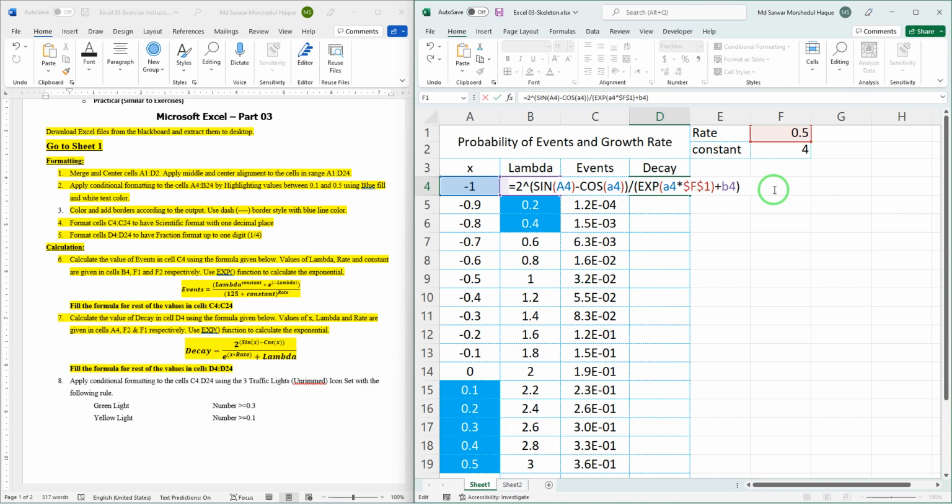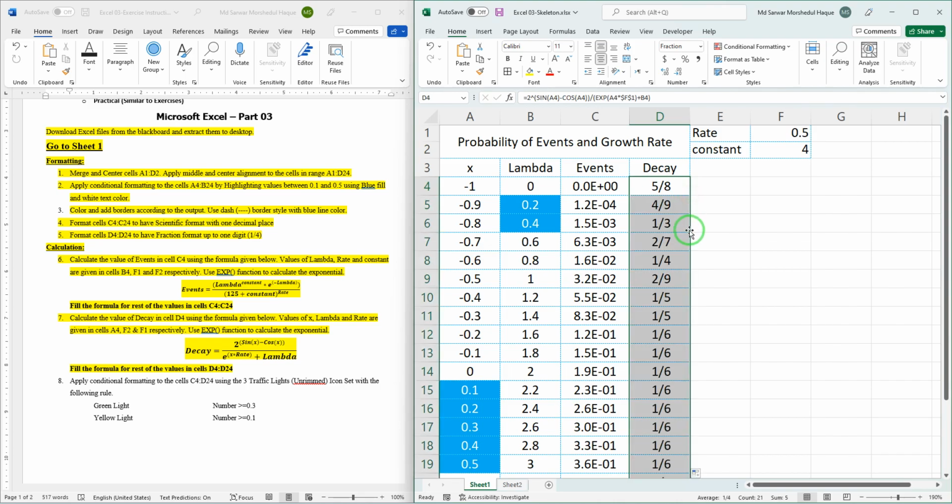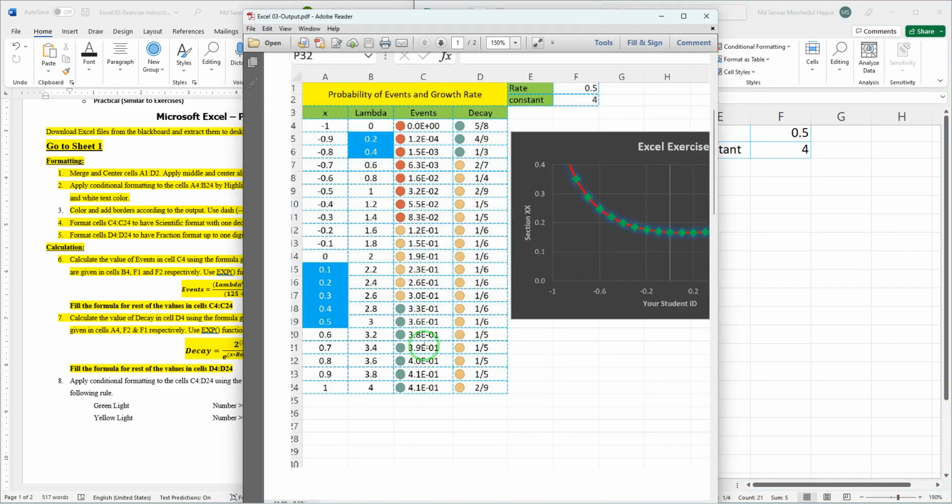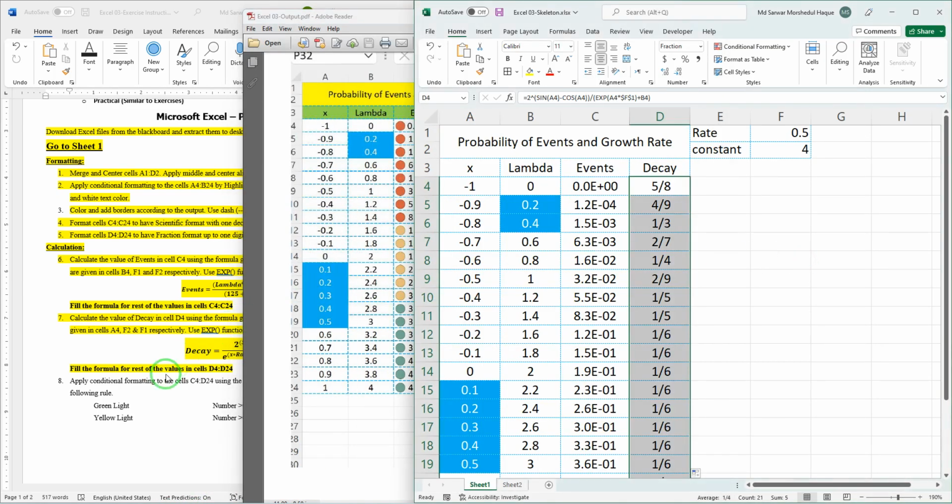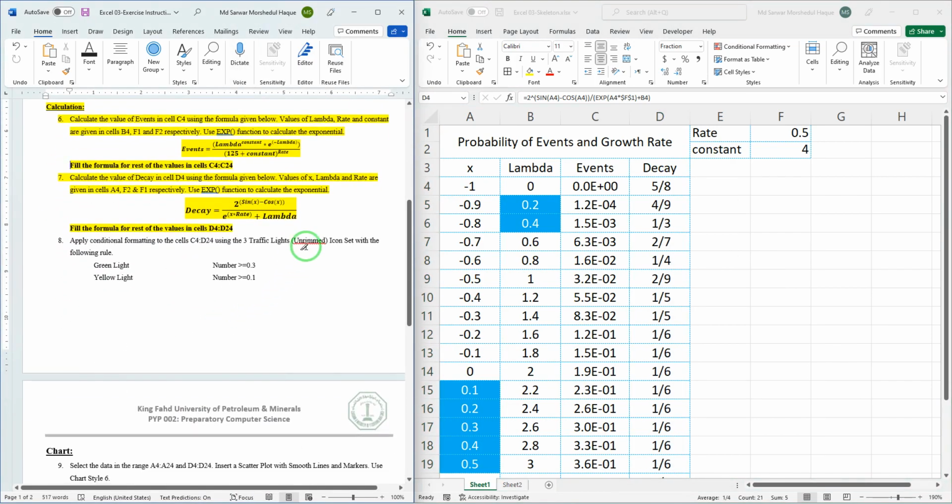that's all. So this is the denominator, we can click enter. So we got 5 by 8. Now we can copy the formula for the other cells, and last one is 2 divided by 9. So let us see our result. Our result is correct. Okay, now question number 8 is apply conditional formatting to the cell C4 to